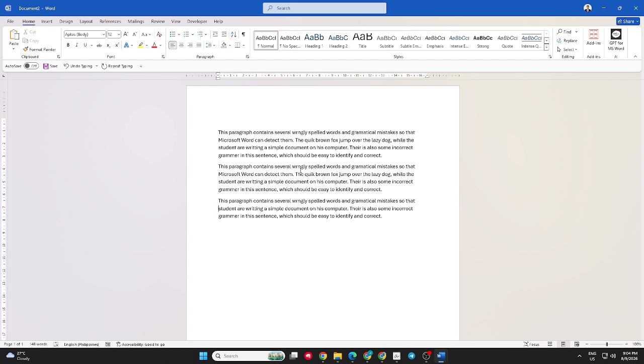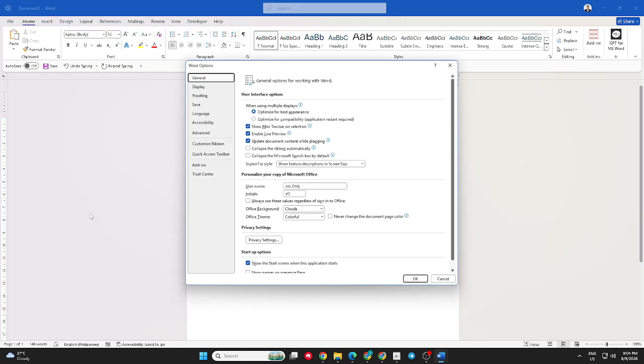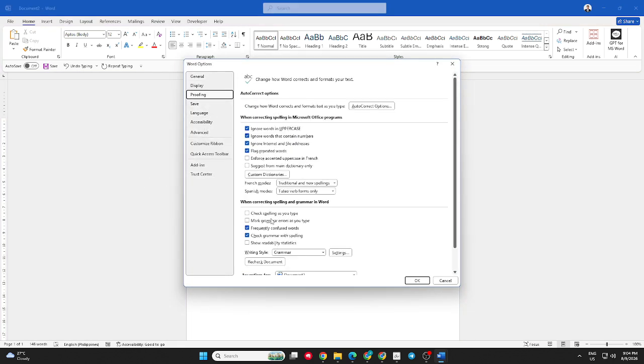Keep in mind that turning off these options only changes how Word checks and displays spelling and grammar issues while you type. It does not change the actual words or sentences in your document. If you ever want Word to display these spelling and grammar indicators again, you can return to the same Proofing settings and enable the two options by checking their boxes again. And that's it! You have successfully turned off the red and green lines in Microsoft Word by changing the spelling